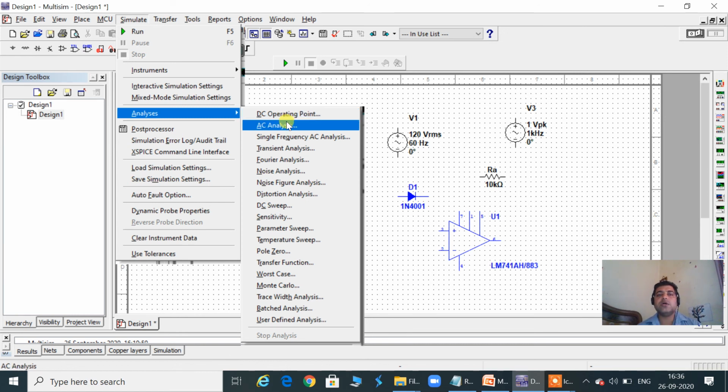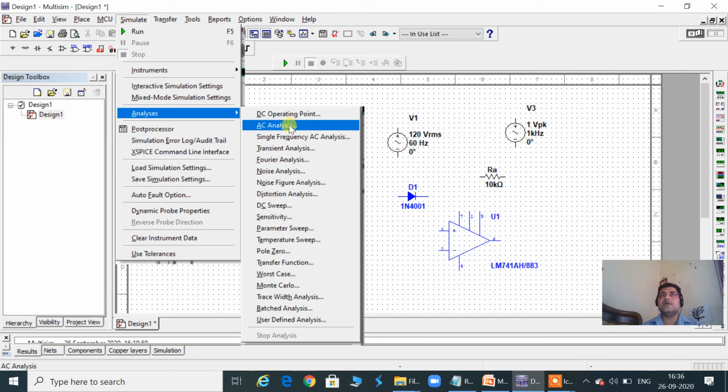It will tell you. AC analysis: in AC analysis, it changes the frequency, starting from 1 hertz or 0.1 hertz, wherever we want to start, and it will vary the frequency to a larger extent, up to gigahertz if you want. By this analysis we see how the device performs along with the frequency.